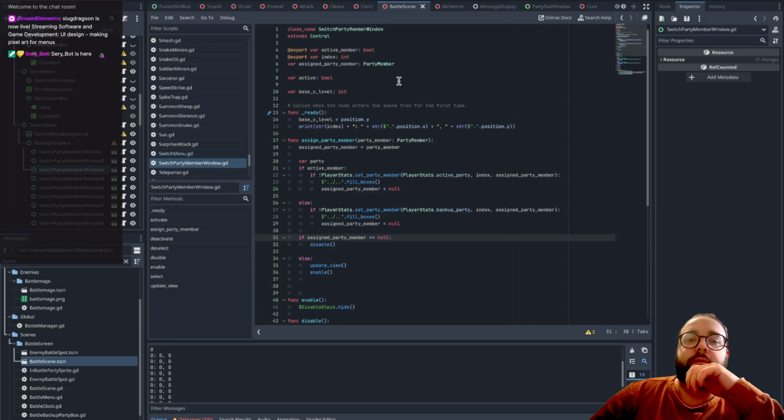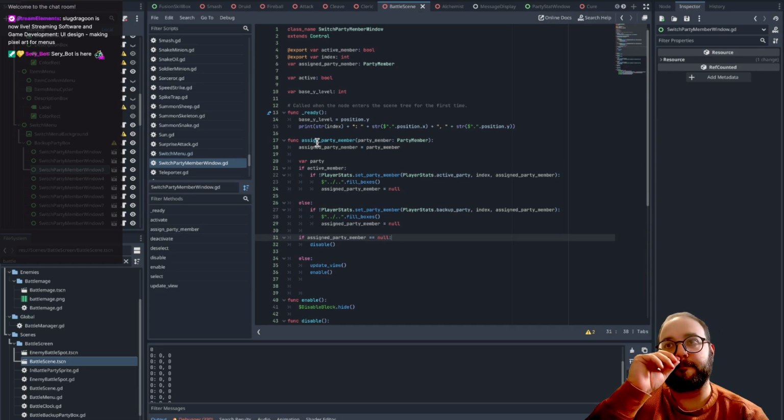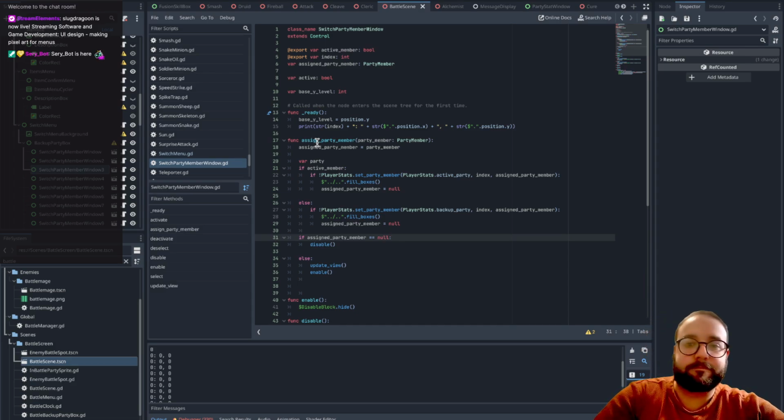I have to figure out how to defer to the box that contains them. Because I could set a variable outside for the row, but